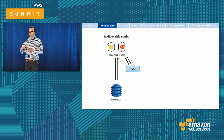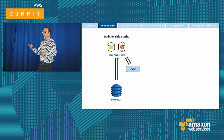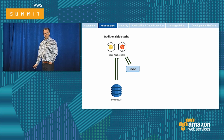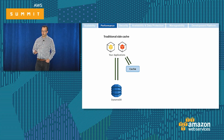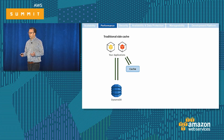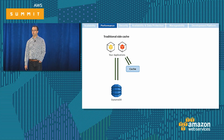They had to change their code around substantially to now hydrate data from DynamoDB into the cache, read from the cache when it was there, read back to DynamoDB when it wasn't, evict data out of the cache. And while it's all doable, and some of our most advanced customers did, it's a lot of heavy lifting. And then also they had to worry about just physically managing the cache, spinning up the EC2 instances, doing the deployments, worrying about HA, and scale, node failures, et cetera. And again, they're happy with the better performance they were able to do, but it was a lot of heavy